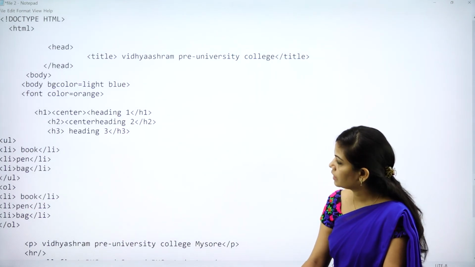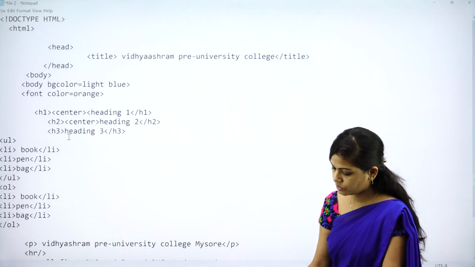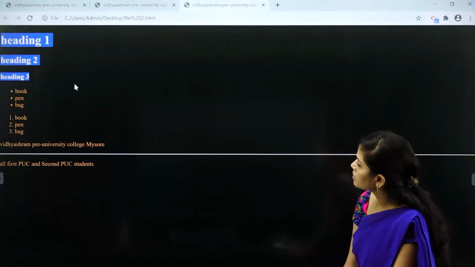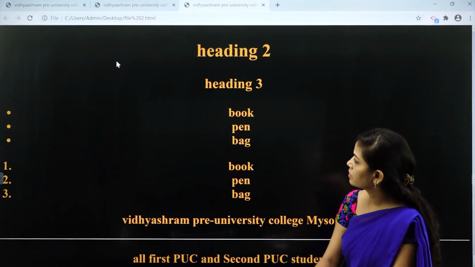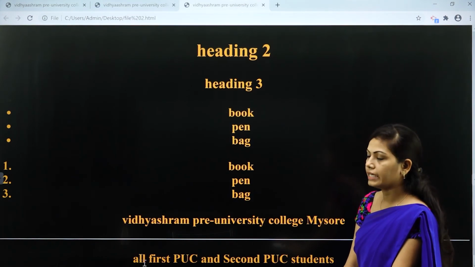Center, I will align this heading. So you can align the headings. Save this and click refresh. So you can align this in the center.